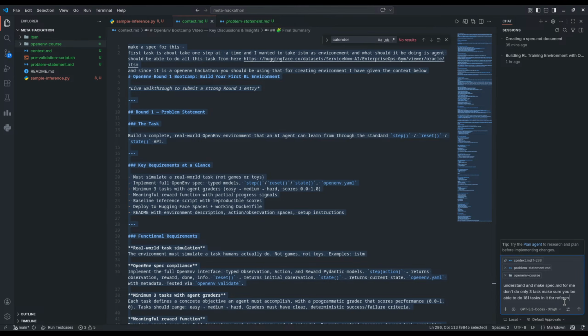For reference, note it in task.md from itsm slash dot dbs.